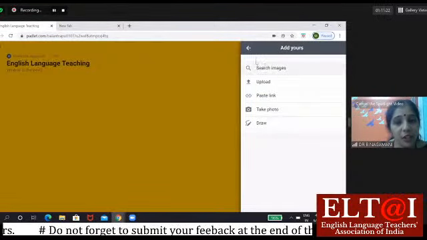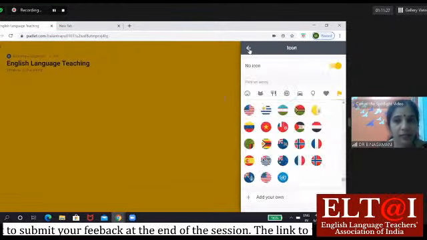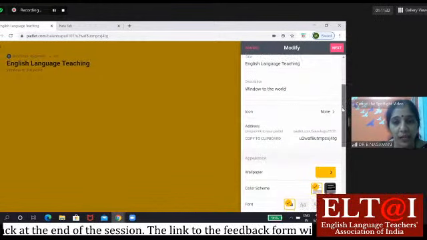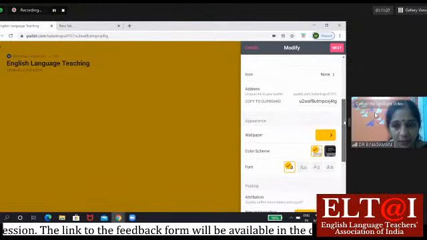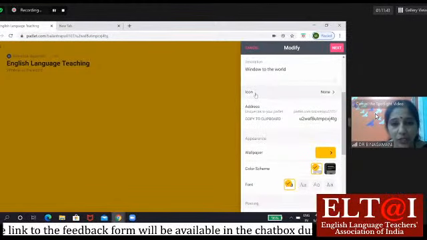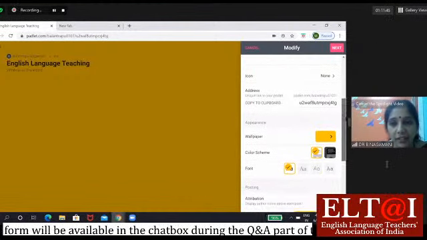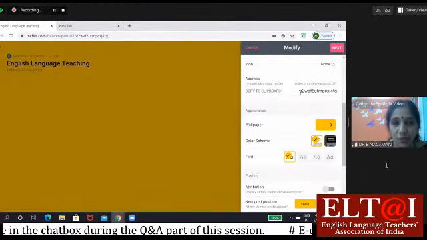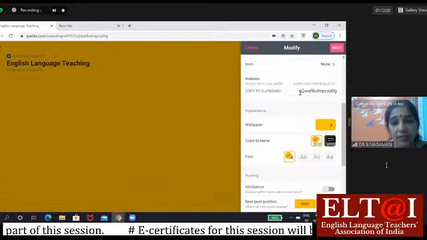Now, after you have decided on the icon that you would like your Padlet to have, then you can go back. Go back again. Now you will go to the page where you will see the Padlet modifications available. Now I haven't checked with any icon, so it is none here. Look at the address here. This is very important. This is a Padlet address through which the collaborators and your students are connected. And this is very important.